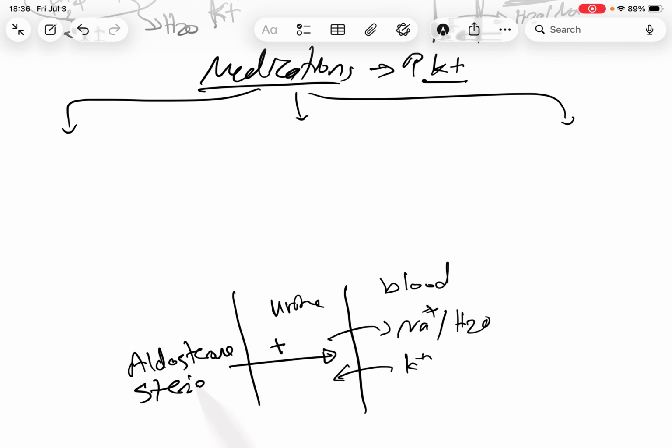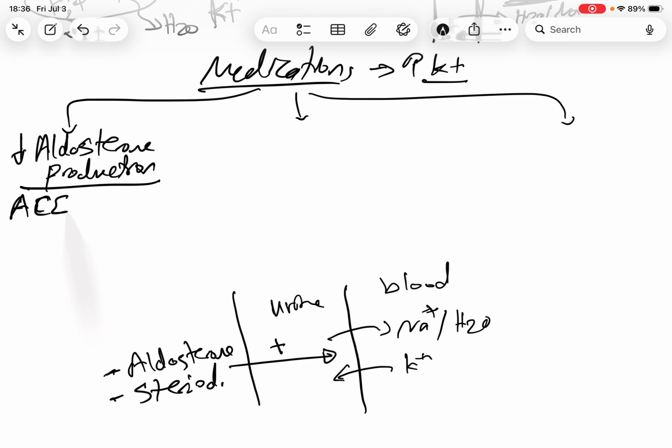So any medication that can affect aldosterone will increase potassium. So if you have medications that decrease aldosterone production, such as ACE inhibitors, like lisinopril, or ARBs,